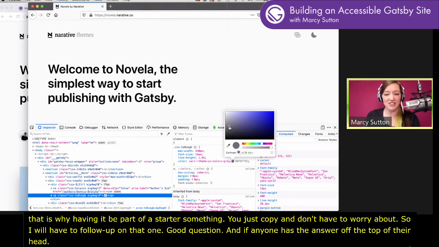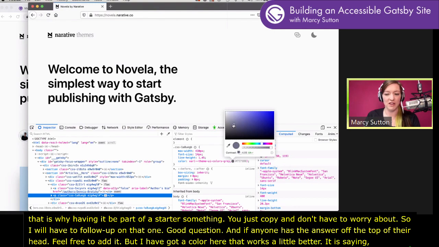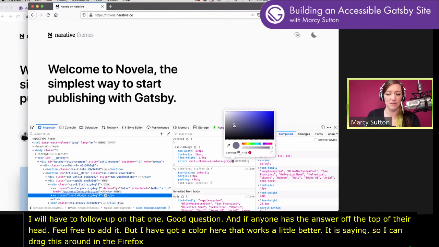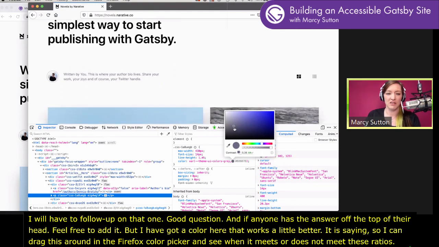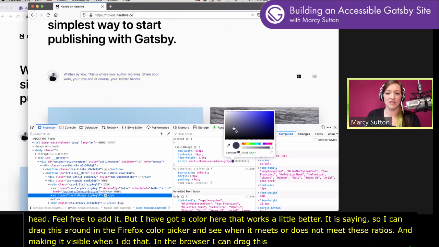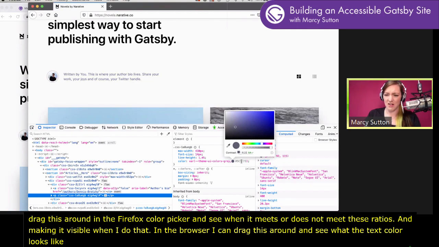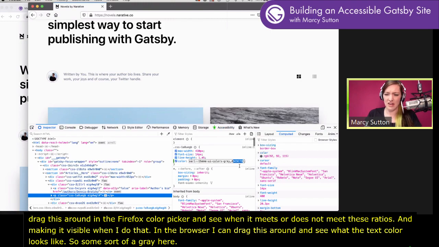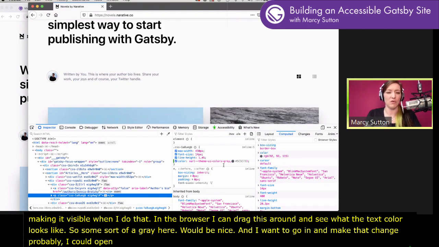But I've got a color here that works a little better. I can drag this around in the Firefox color picker and see when it meets or doesn't meet these ratios, and see what the text color looks like in the browser. Some sort of a gray here would be nice, and I'll want to go in and make that change. Probably I could open a bug in the starter or the theme itself, so that every person who uses this